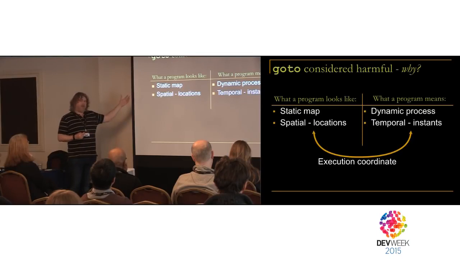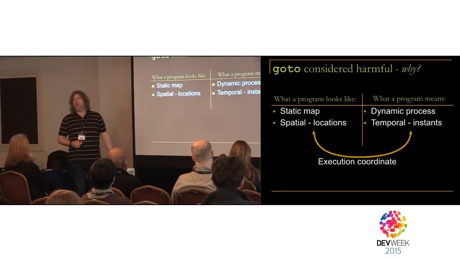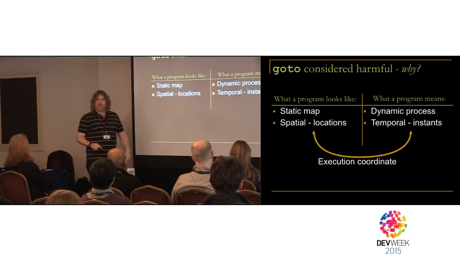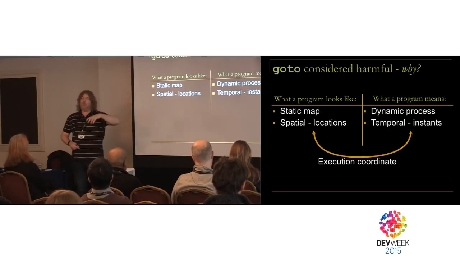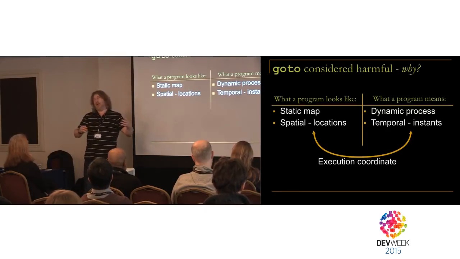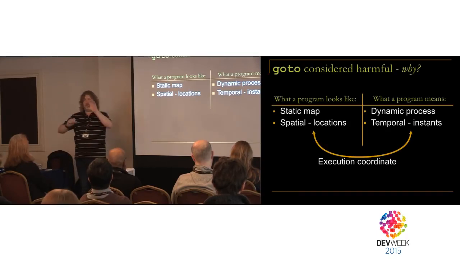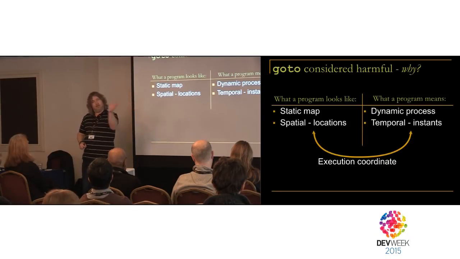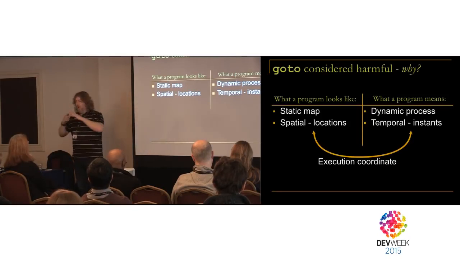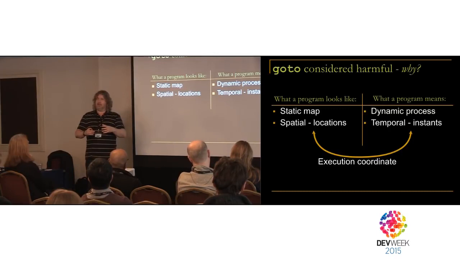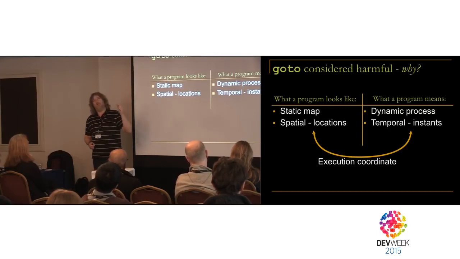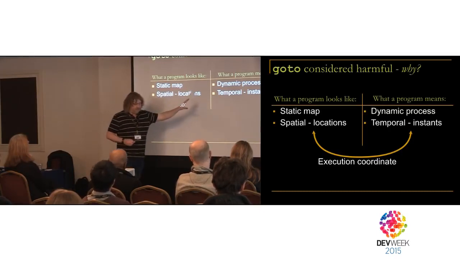When we talk about a program, the language that we use is this sort of spatial, static language. So we talk about right here, this line here, such and such has happened. Or what about this variable here, or this class over there? And even when we're talking about class structures which don't even correspond to things on the page, we will actually gesture into space and say this class over here, and the data's moving like this. All of our language is spatial and static. And yet, the program has no concept of that at all.